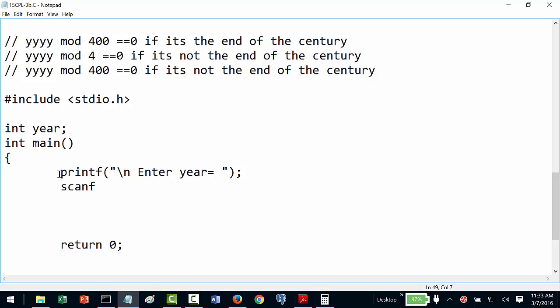scanf, %d and &year. Now I have to put a condition. If you go back to our logic, what is the first one? If year mod 4 is equal to 0